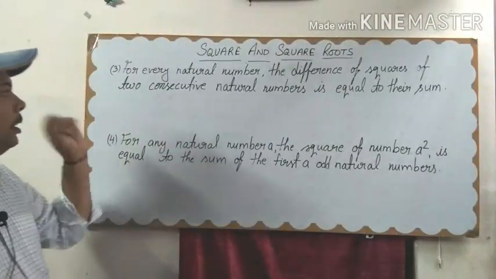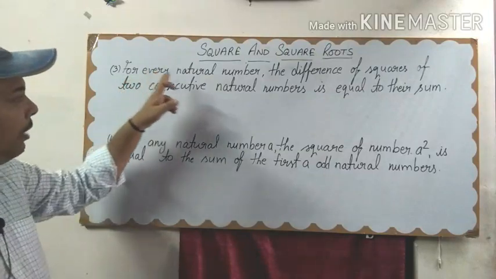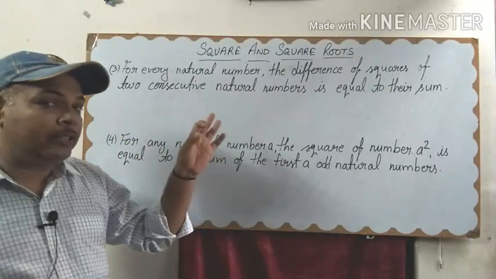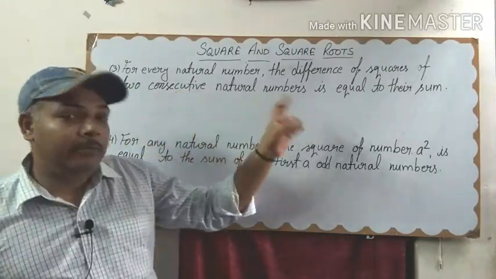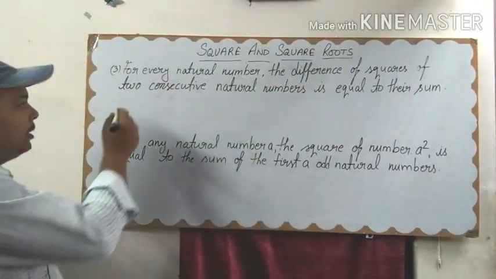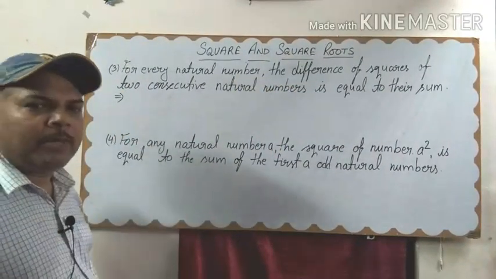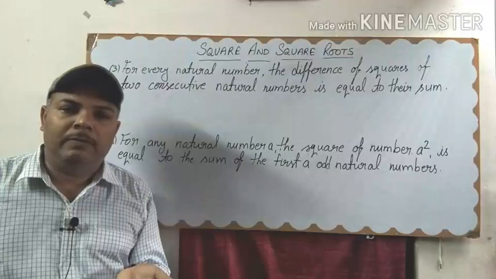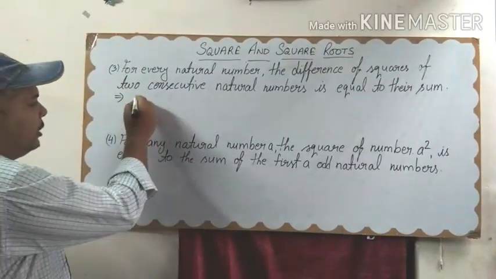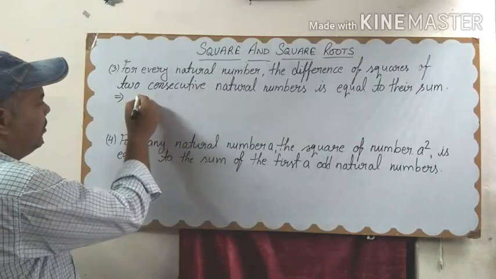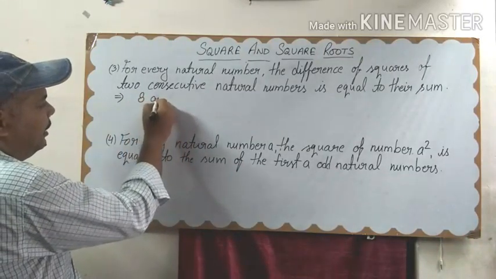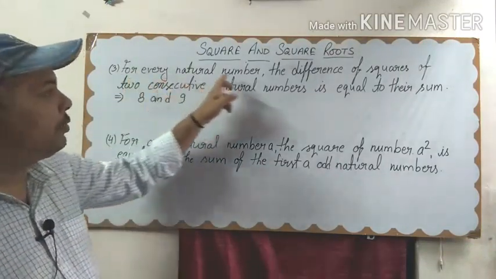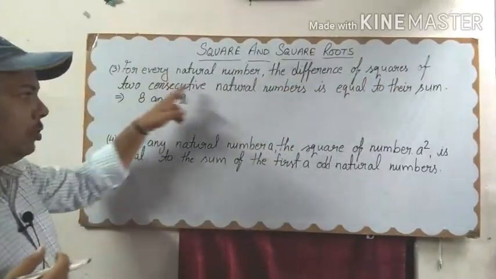Now see the third property. The third property is for every natural number, the difference of squares of two consecutive natural numbers is equal to their sum. Suppose we have two consecutive natural numbers, any two consecutive natural numbers, suppose 4 and 5, 7 and 8, 11 and 12, 17 and 18, etc. So let's take two consecutive numbers, 8 and 9. Okay, 8 and 9. So the property says for every natural number, the difference of squares of two consecutive numbers means